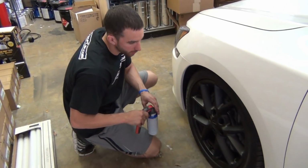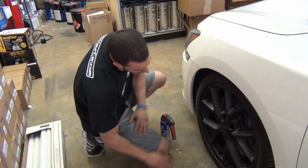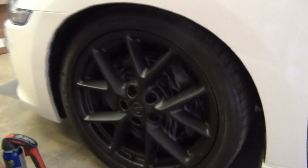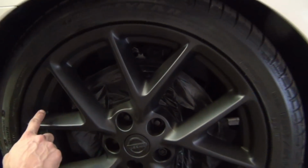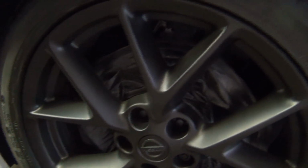Okay guys, we're getting ready to put our 4th and final coat on. As you can see, if you look through there, the garbage bag did a great job at masking off and protecting the brake mechanisms there. It's got a real smooth sheen finish on it, just what we want, and we're going to put our 4th